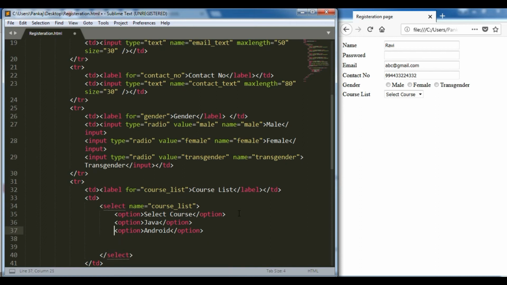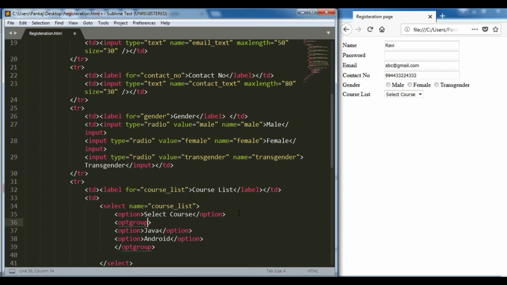How can we group these options? We have a tag that is called optgroup. What is optgroup? Optgroup is a tag that is used to group related options in a drop down list. Let me put Java and Android into one optgroup, and that will be a programming course. So optgroup,